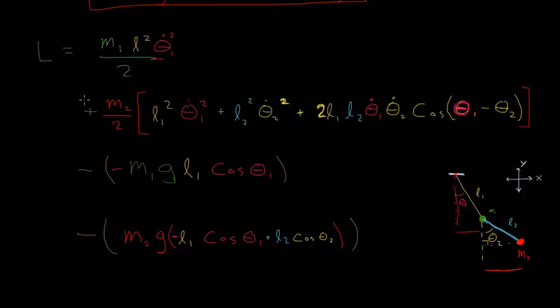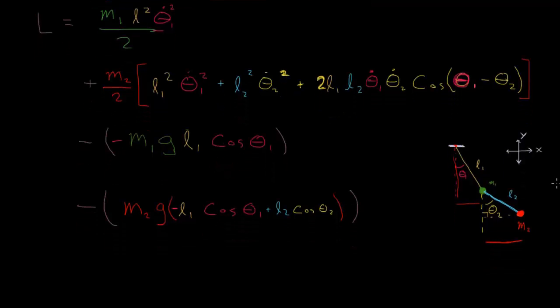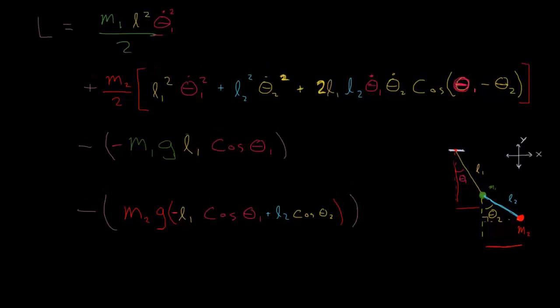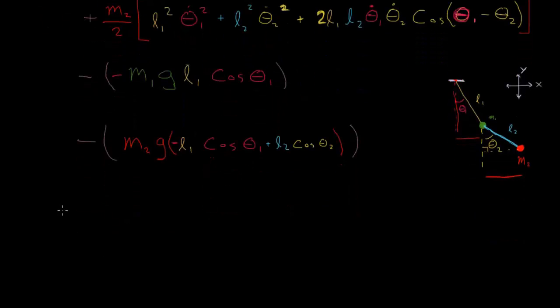So let's put this into the Euler-Lagrange formula and find our differential equations of motion. Let's first do it with theta 1. The Euler-Lagrange formula for theta 1 would be dL/d theta 1, and I use this purple for theta 1,